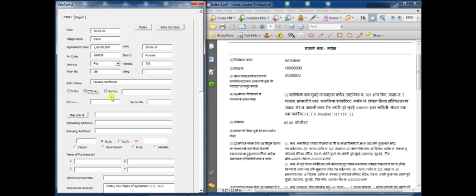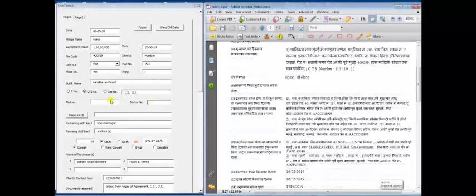Here we will enter the survey number, CTS number or GUT number, anything which is applicable. Here we will enter the plot number, sector number if applicable.